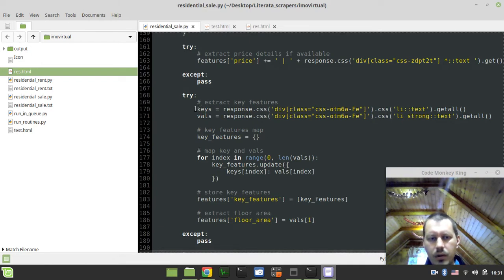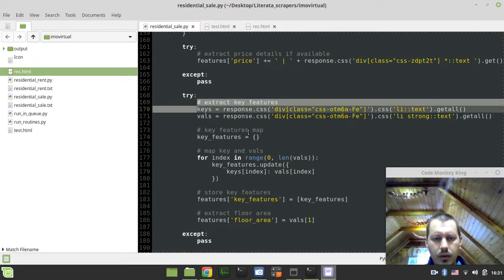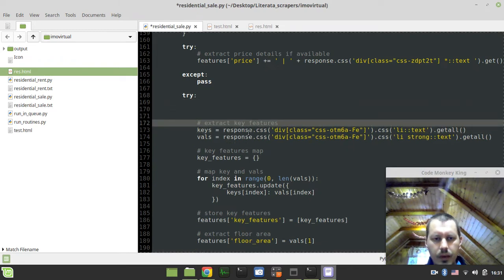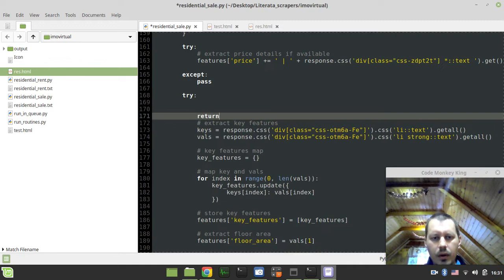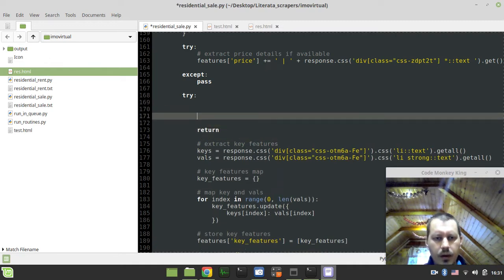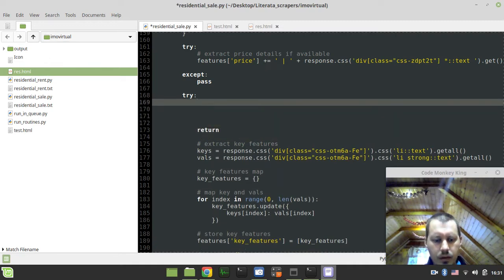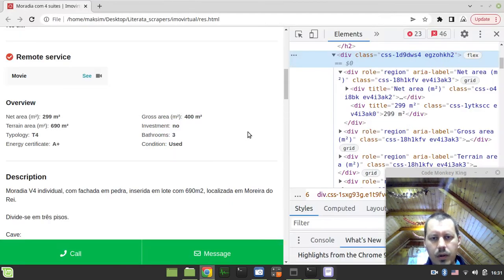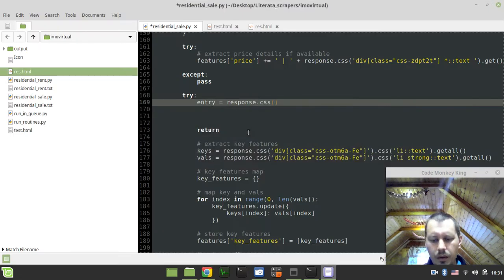This is gonna be all, just return here, and let's just call it entry just for now. So response CSS, and looking for a div for this class.